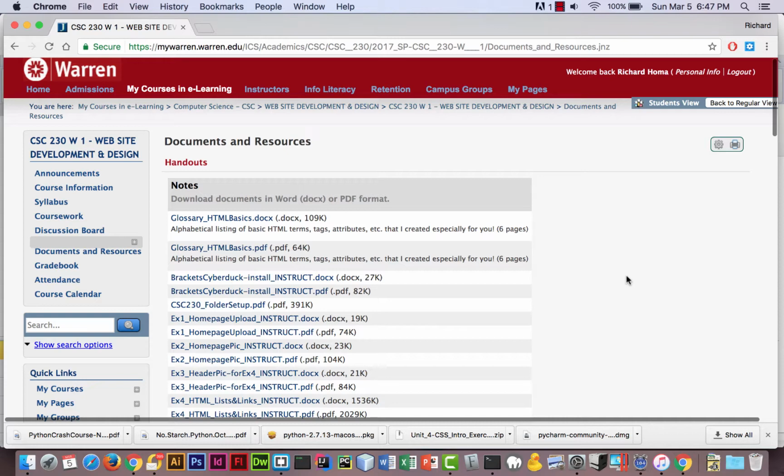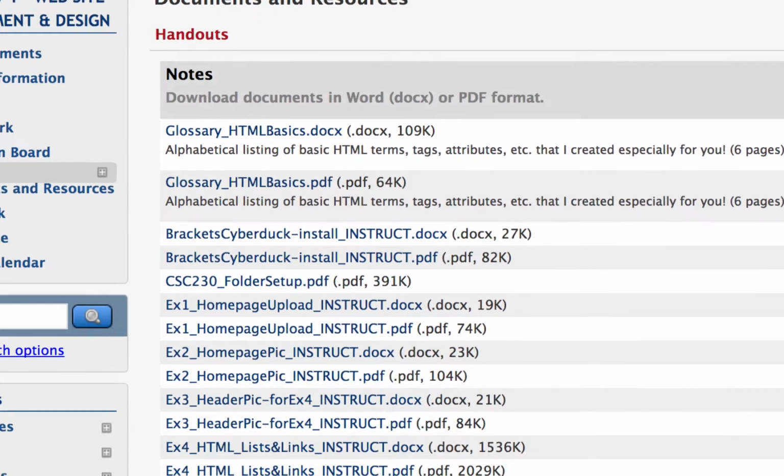So we'll just play around, just a little bit of a quick exercise just to get familiar with some of the CSS properties. And what I'm going to do to get you started is under Documents and Resources in e-learning,